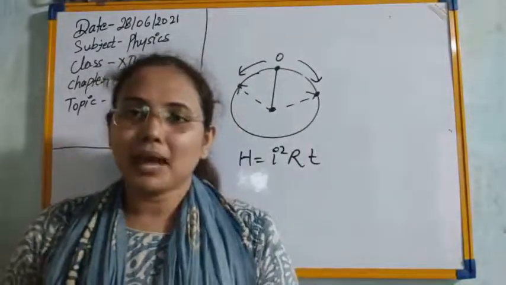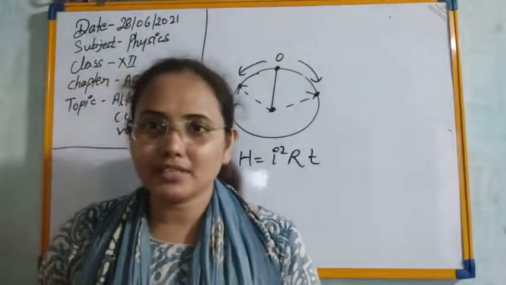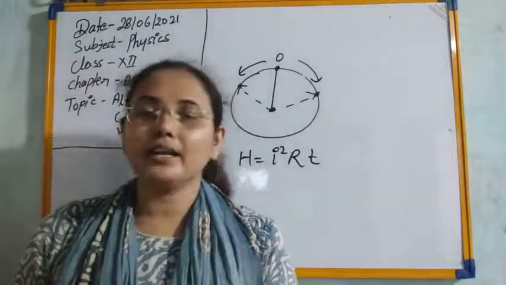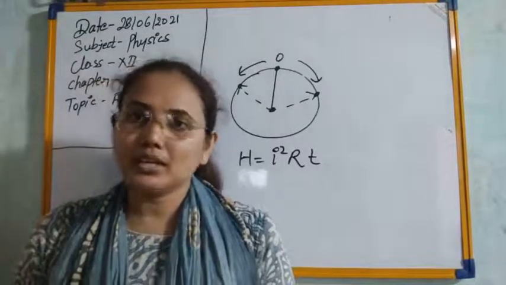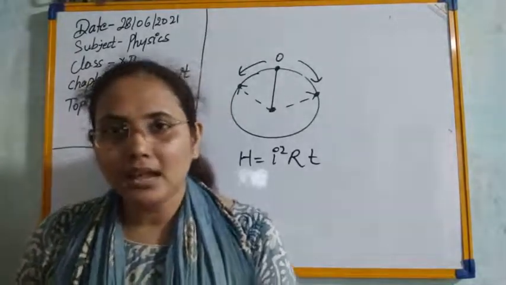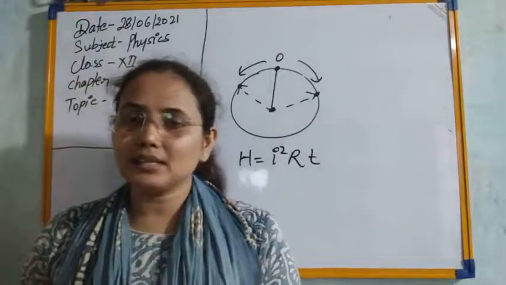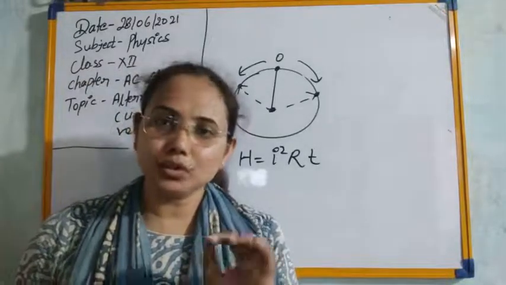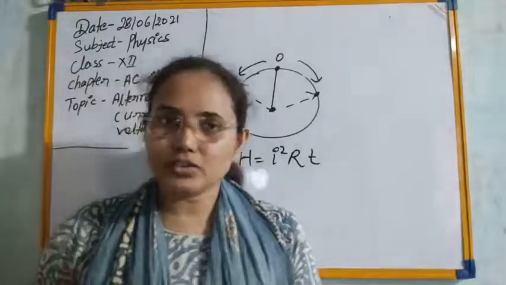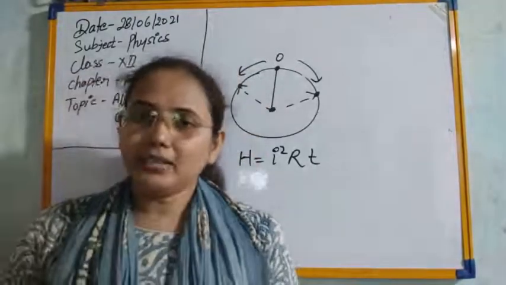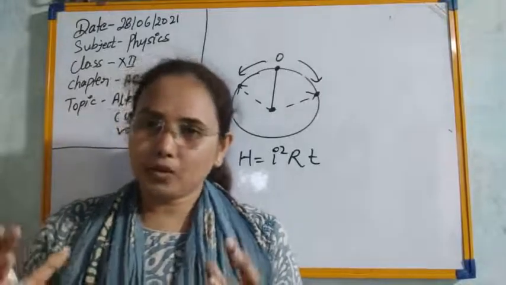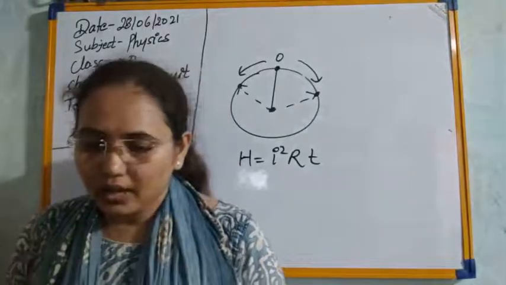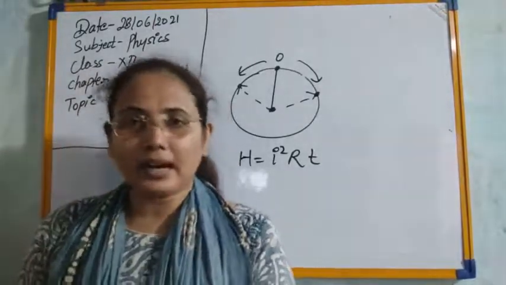Students, let's summarize the topics that we have discussed today. We have discussed alternating current and voltage, and how alternating current and voltage are produced. Generally it is produced by electromagnetic induction, and it is not produced by a change in magnetic field or changing the area of the coil. It is produced whenever we rotate the coil in an external magnetic field. After that we have seen the mean value of the alternating current over one complete cycle. Let's see the mean value and the RMS value in the next class.